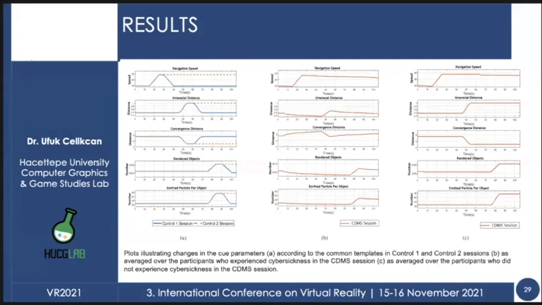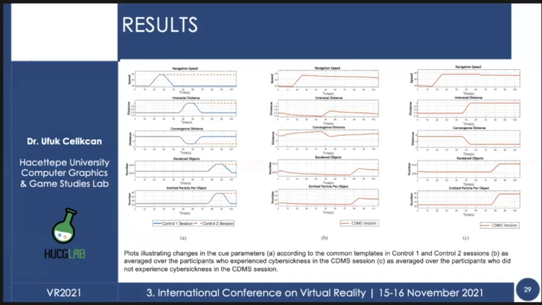Here we see the plots illustrating changes in the cue parameters. On the left, we see the parameter templates of control 1 session and control 2 session. And as I said before, the CDMS session's parameters are initiated with respect to the control 2 session template.